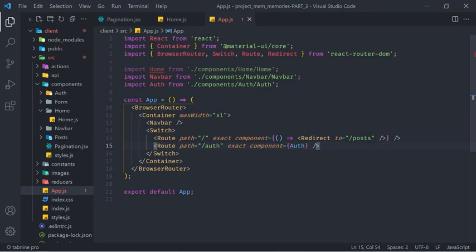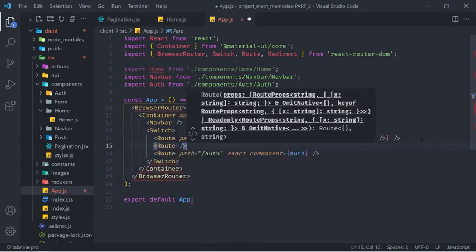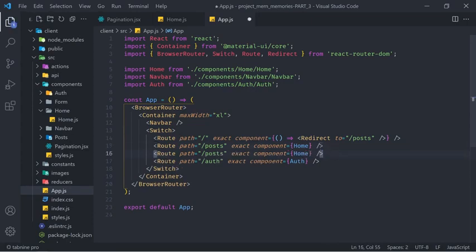Of course, we have to keep in mind that if we want to show something on this specific route, we also need to create it. So just below the current Route, I'm going to create one more self-closing tag. This one is going to have the path of /posts. It's also going to have the exact parameter, and it's going to render the component called Home. Before we were rendering the Home component on the just slash path. We can now copy and paste this Home route just below because we also want to render the Home component if we are on the